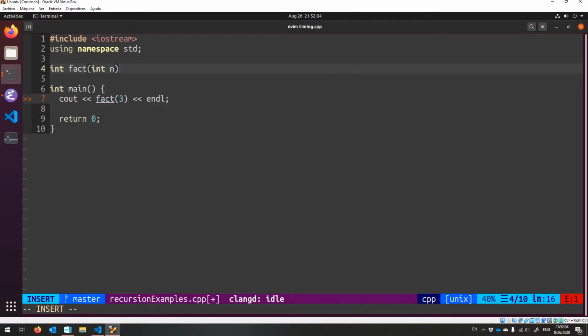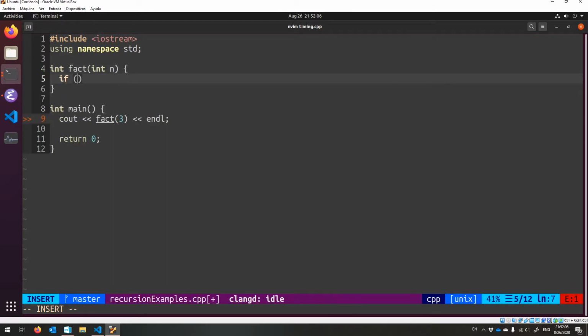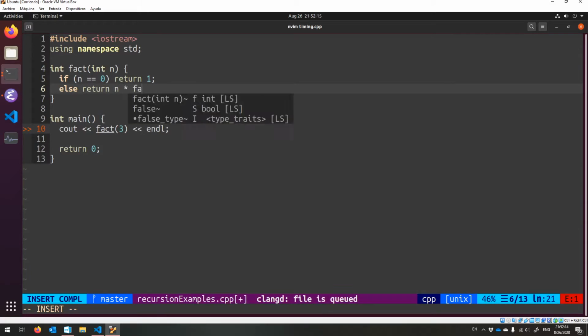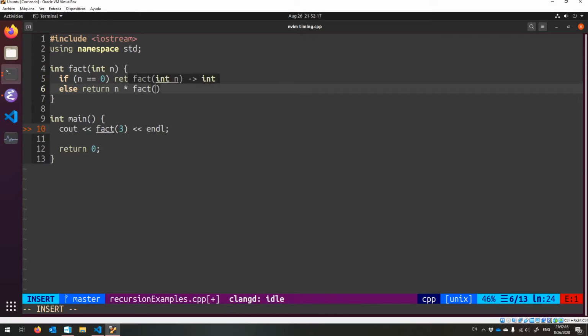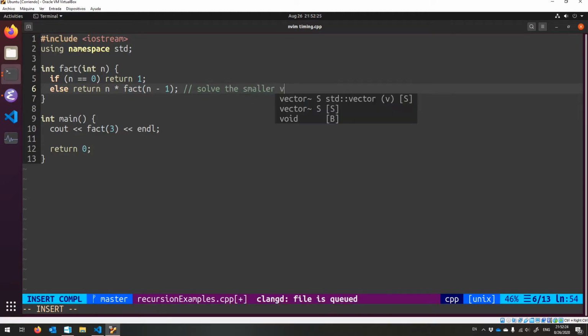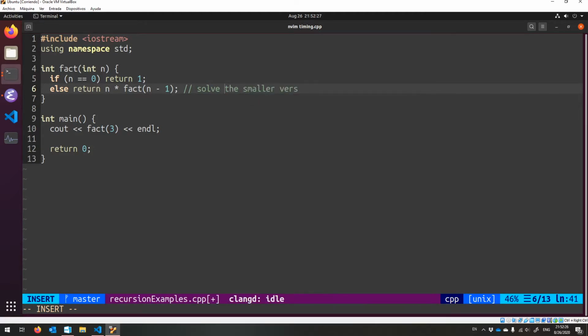I guess we're calling it n. And if, in the base case, n is 0, we return 1. Otherwise, we return n times factorial of n minus 1. Okay, so we made a recursive call to solve a smaller version of the problem,